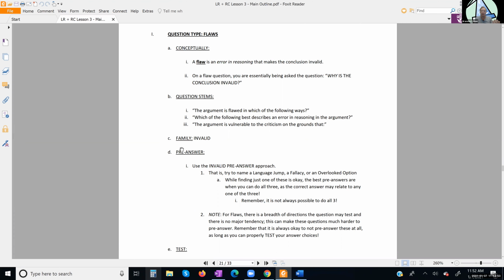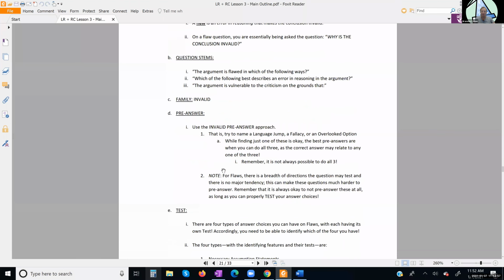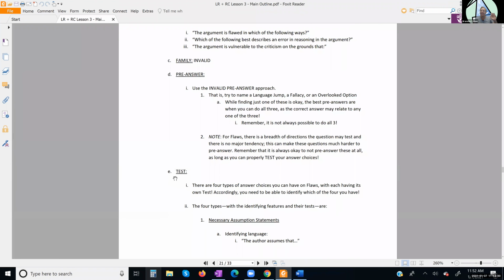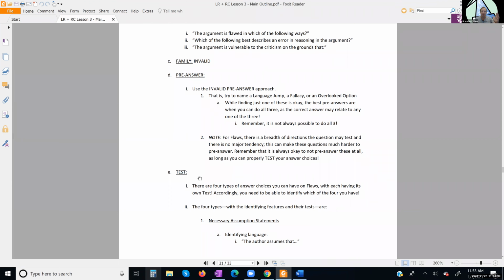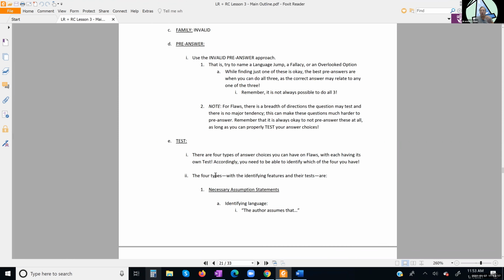The better analysis you can give of what's going on, the better you'll be at whatever answer they come up with. Now, the testing is what's key to flaws. Testing is how we break down answers, and this is something a lot of people don't even realize and never formally learn. So out of this whole thing, if you have been studying LSAT and struggling on flaws, really focus on this right here, the tests. How do we test answers?